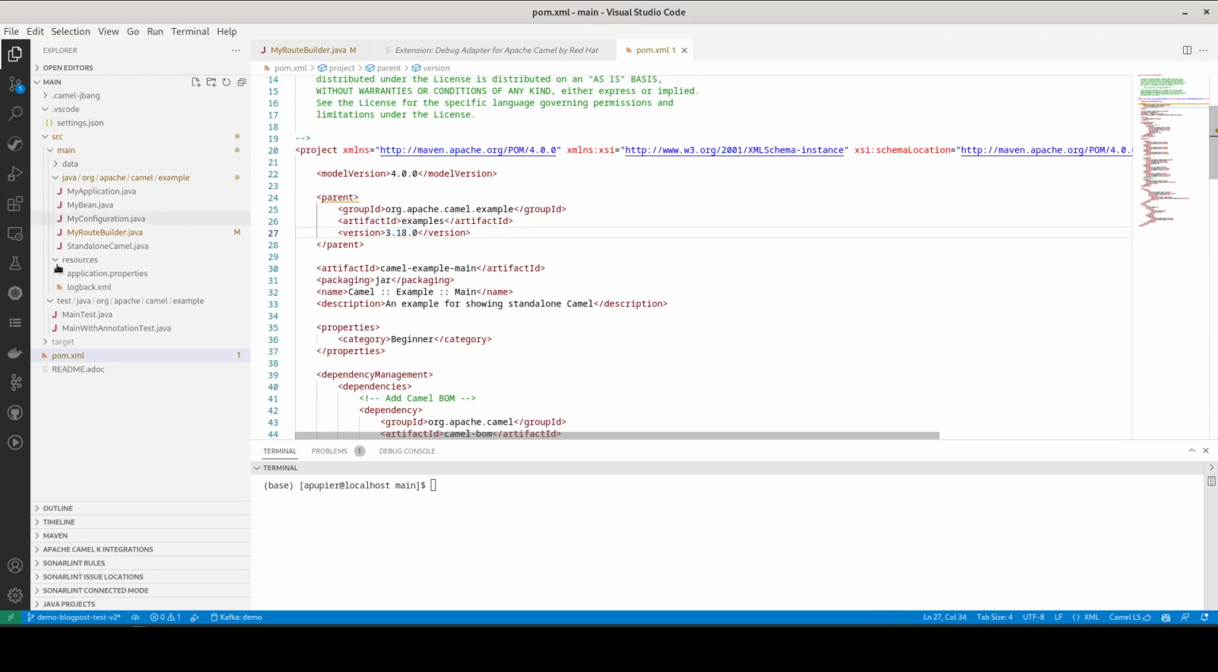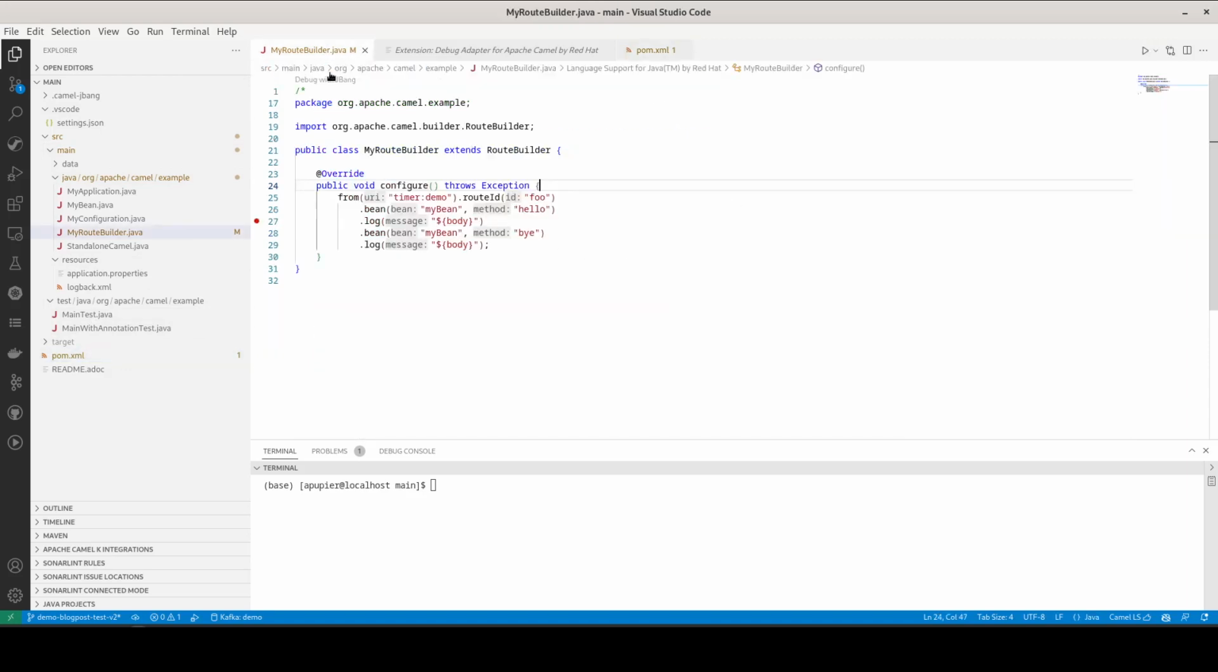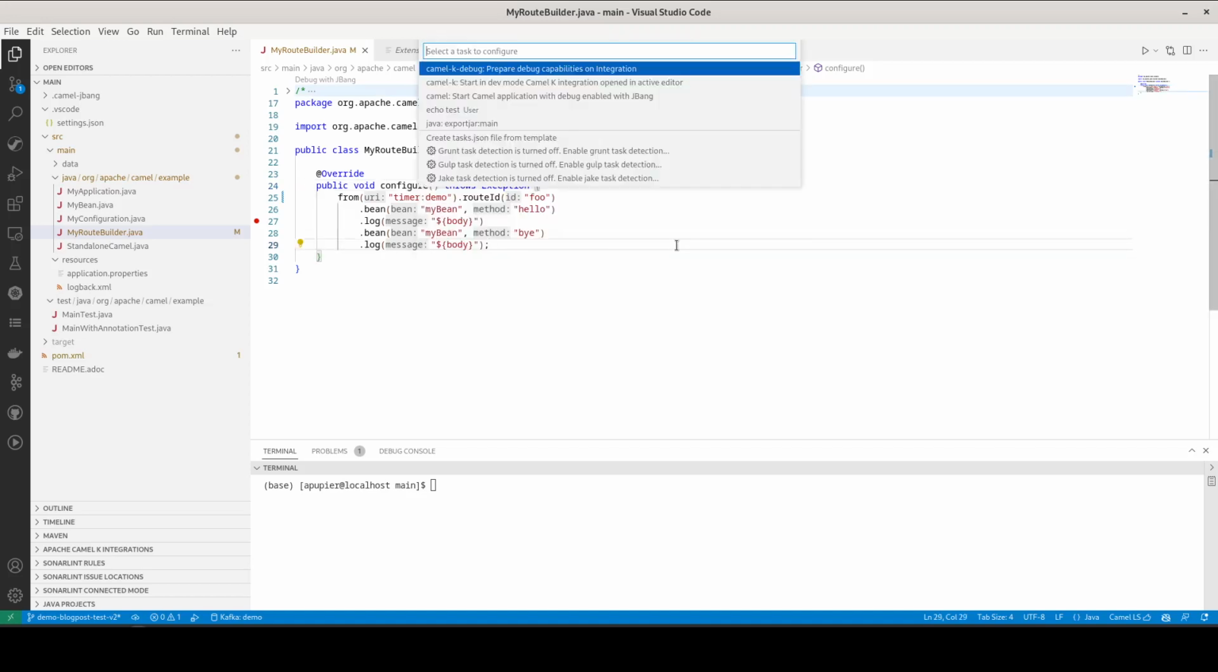So here I will use... I will start from the version from the Camel examples, the main example. So very classical. You can see that I have my route here, relatively easy. So the first thing is that I need to create my task to start